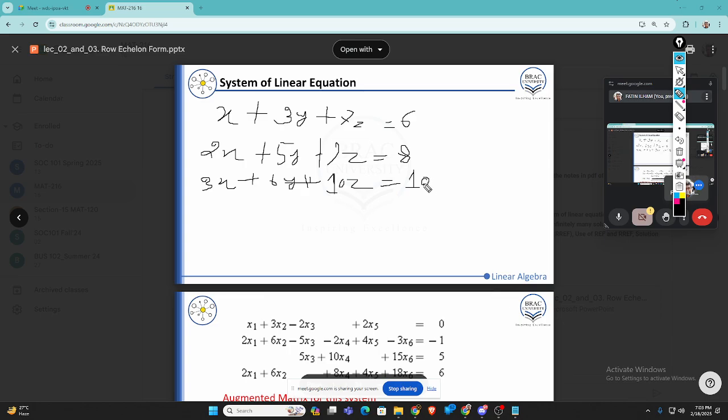Alright, so if we want to write it as an augmented matrix, what we have to do is